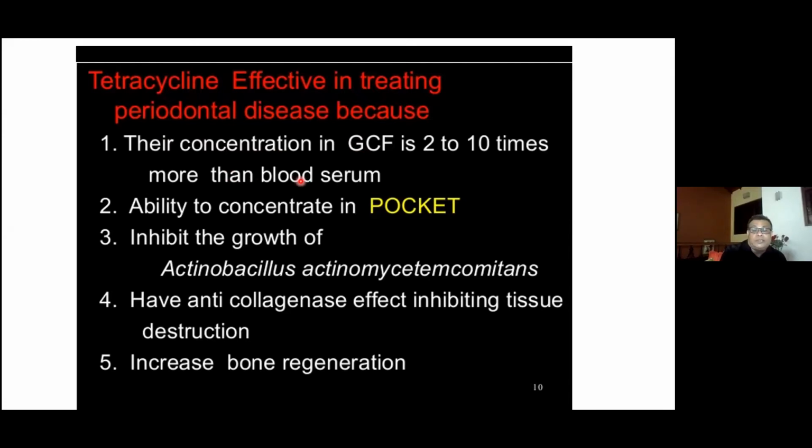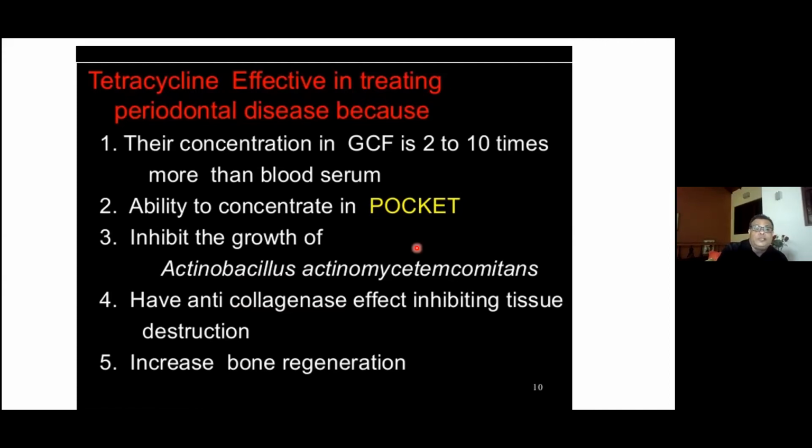So it gets concentrated in gingival fluid and can act against the gingival microorganisms. It can concentrate in periodontal pockets and inhibit the growth of AA organisms, Actinobacillus and Actinomyces, and it has anticollagenase activity and bone regeneration capacity. Because of these properties, tetracycline has a major role in